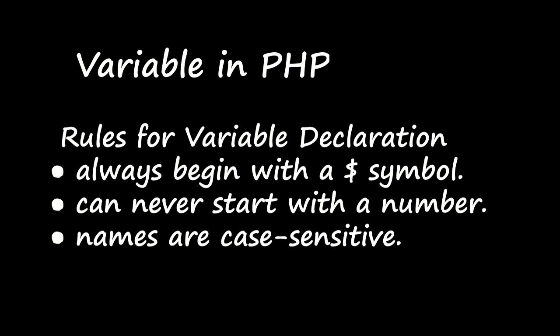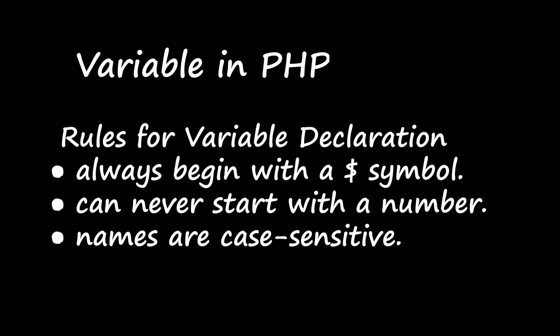The main advantage of PHP variable declaration is that it does not need a data type or keyword to be specified separately, such as int for integer, char for character, float for decimal numbers, and string. If it is a set of characters, you will say it is a string, right? Like this, we need not give any data type keywords. We can just give a dollar symbol and then a variable name.